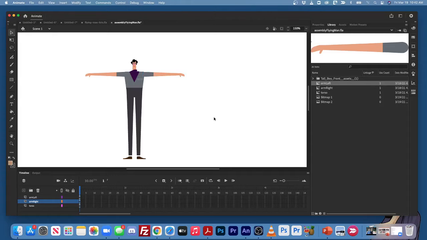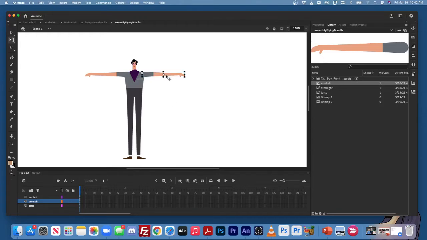So now I've got my character, and I just want to set it up so that his arms lift up and then they go down. They start here in the middle. So I guess I'll go up, then I'll go all the way down, and then go back up to the middle. Let's see. Okay, so first what I'm going to do is take a look at my individual movie